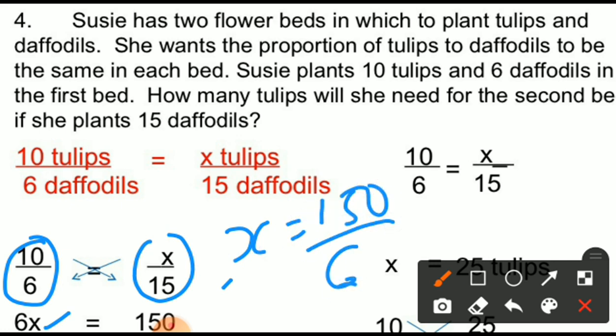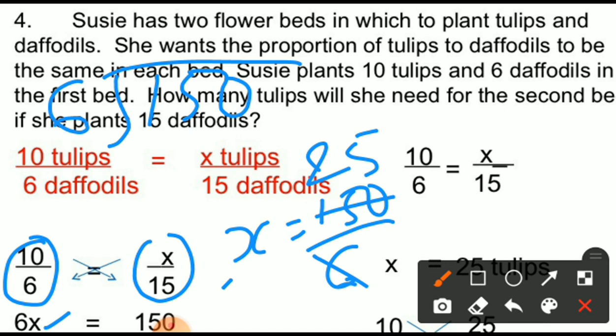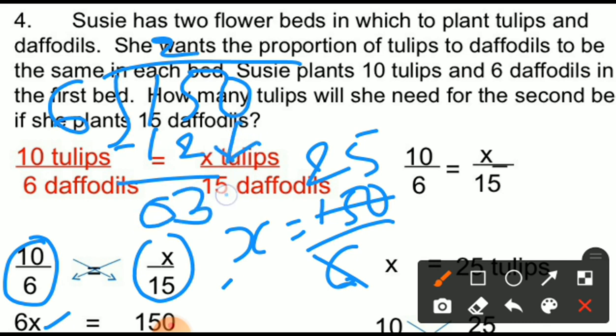150 divided by 6. So 6 ones are 6, 6 twos are 12. 3 will be the left and 30. 6 5s are 30. Oh, you don't know about this one? Oh, I will show you how to do it. Divide by 6. 6 2s are 12. You remember this division method, beta? Yes, 5 minus 2, 3. 1 minus 1, 0. Bringing down this 0 here.